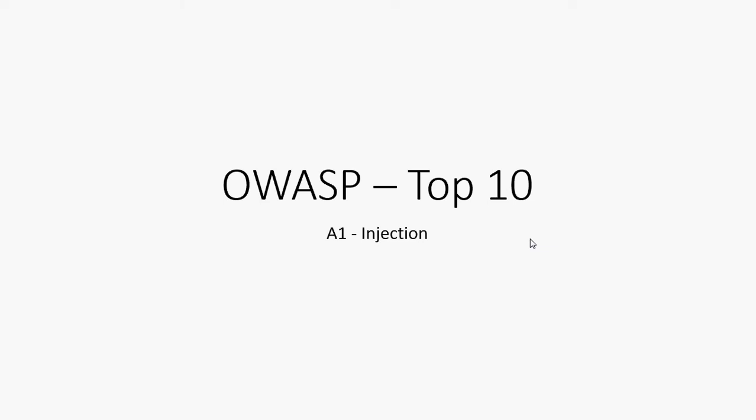The OWASP Top 10 are the list of the 10 most serious web application vulnerabilities, and the OWASP organization themselves describe what they are, how you would notice them, how you would recognize them, how you might take advantage of them, and more importantly for us as developers, how to fix them and stop them from being vulnerabilities in our